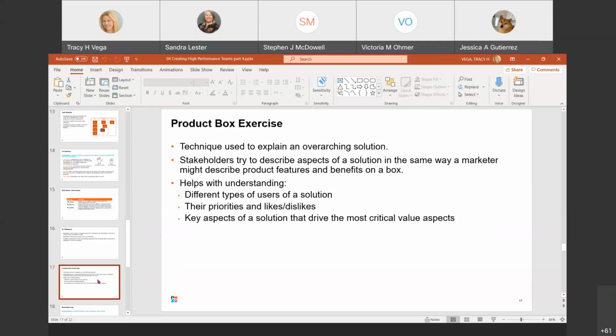So think of your story on the back of a cereal box or a modem box. You're trying to fit it all into kind of an elevator pitch. This exercise can help the teams better understand the different types of users of a solution and their priorities, their likes, their dislikes, and the key aspects of the solution that drive the most critical value.